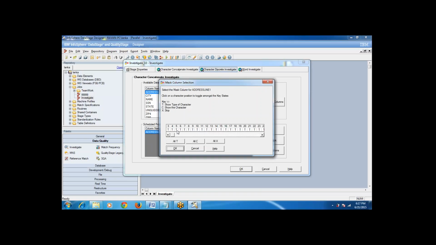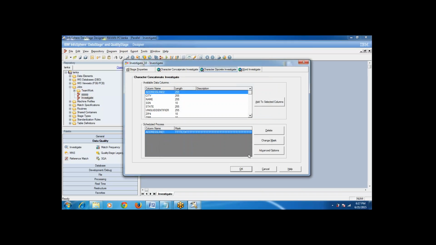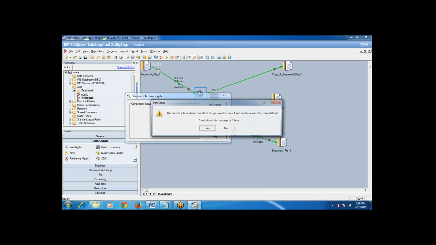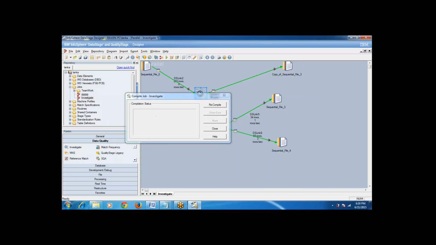Let's take this: I'm applying mask C here, and in the seventh position I'm giving the mask X, and then we try out this combination. When you are practicing, you can try all the combinations. Here I will show you two to three combinations, and then we will proceed.